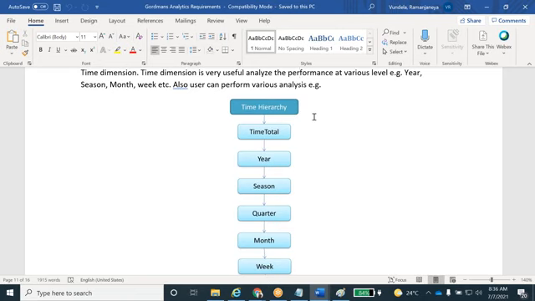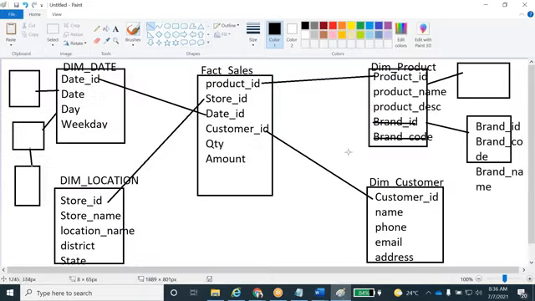The snowflake schema is difficult to understand because the number of lookup tables is more. In the star schema you can understand easily what a particular week's or particular brand's sales are. Directly you go to week, and we just have to join these two tables: date, time, sales, and product.